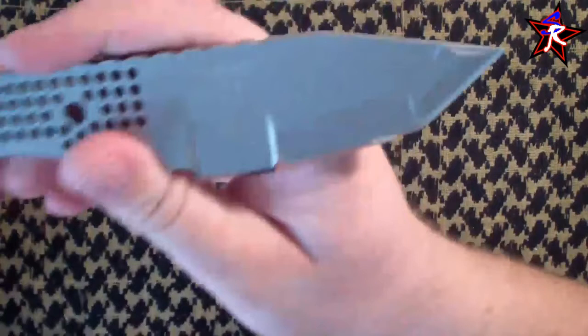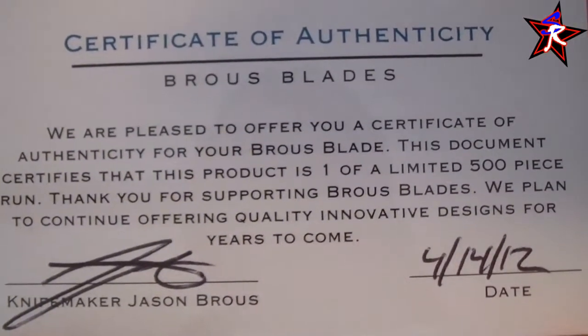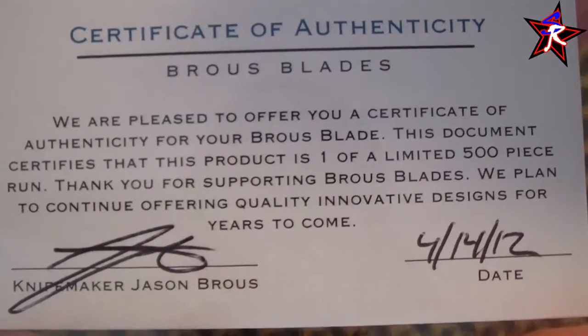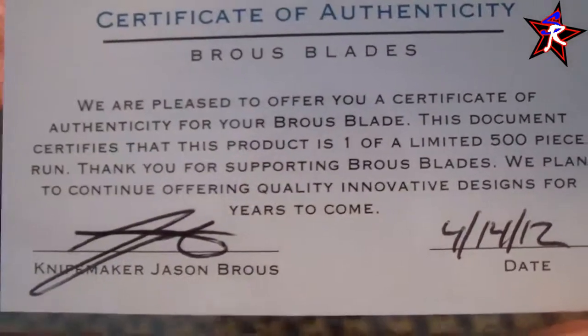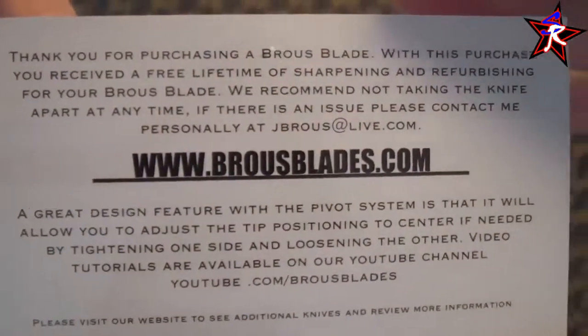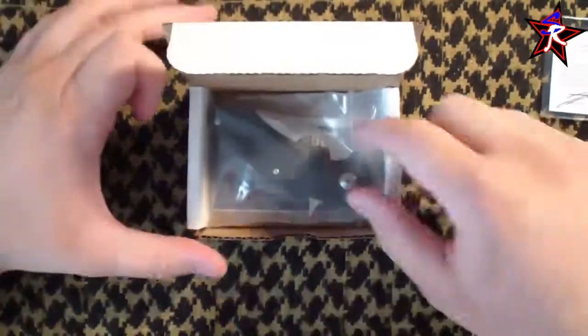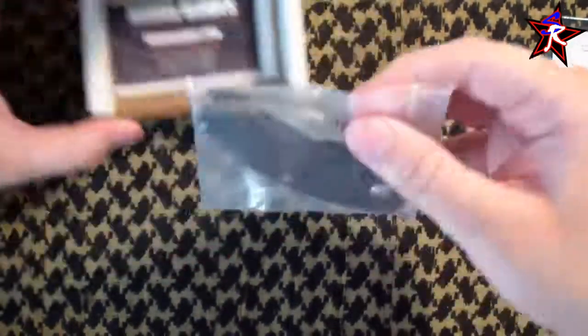This document certifies that this product is one of a limited 500-piece run. Thank you for supporting Brous Blades. We plan to continue offering quality, innovative designs for years to come. Signed and dated by Jason himself. And just some general information on the back. That's awesome. That's the first thing you see when you open the box. The second thing you see is this absolutely